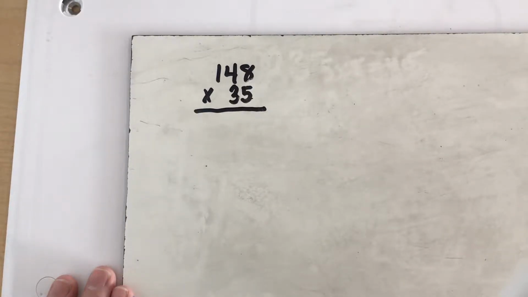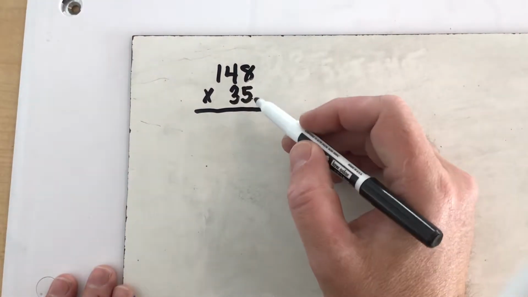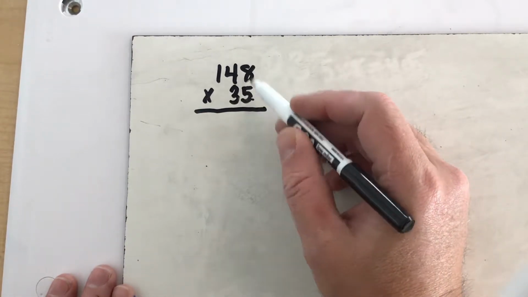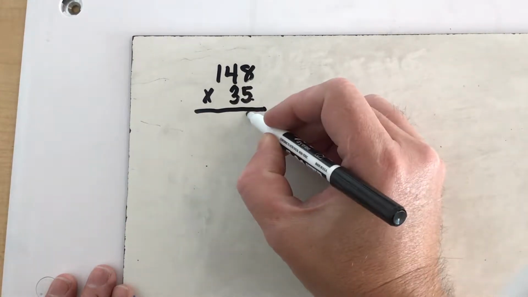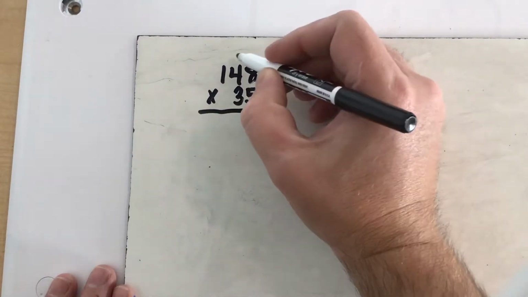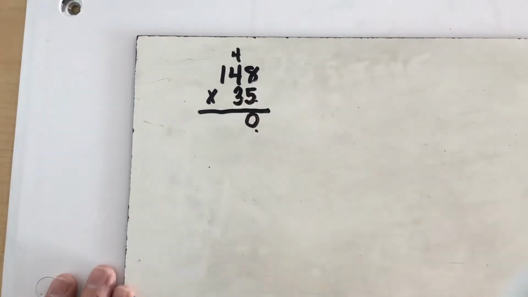The purpose of this video today is to show how knowing partial products can help us to verify or prove the standard algorithm. So let's get started. So we always start with the number in the ones place. So we're going to multiply 5 times 8, which we all know is 40. We're going to bring down the ones in 40 and carry the 4 tens over here to the next place